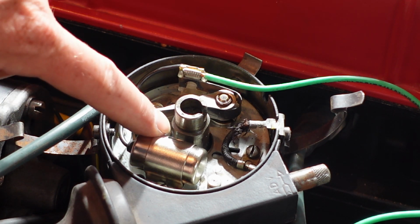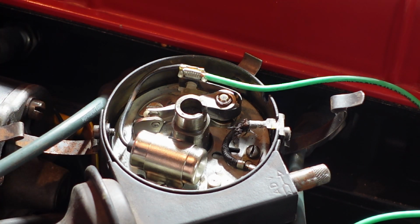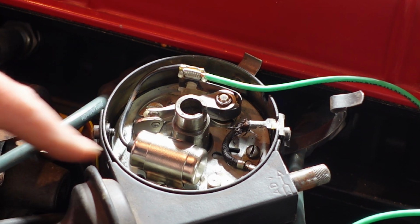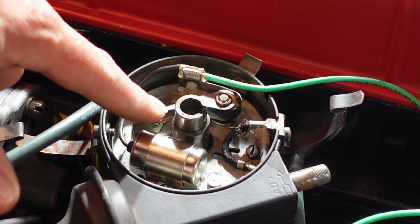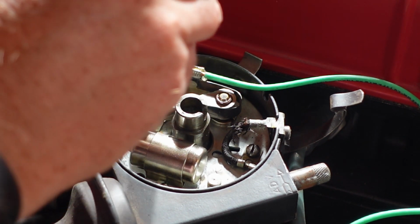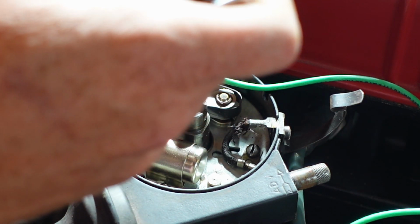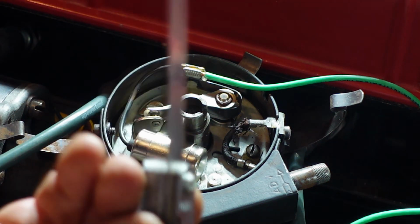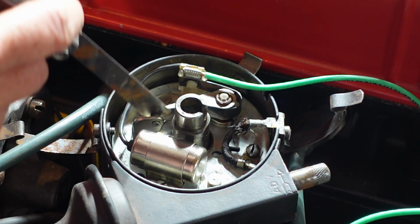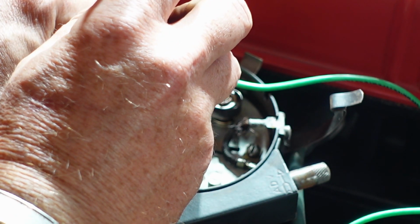Rotate the motor. You can see this lobe is almost squared off, and at the high point, that's where it's going to push open the points, and that's where your spark is going to fire that particular cylinder. So what I did is rotate the engine by hand until I'm sitting on one of those high points, and now you measure the gap between the points here, and it should be 0.014 to 0.016 inches, and I've got a 0.015 feeler gauge here, so I'm putting it in there, and that's way too loose. But essentially you just feel it out